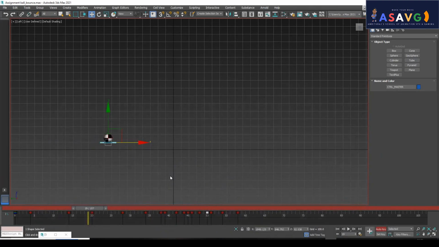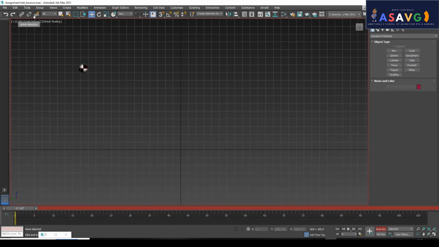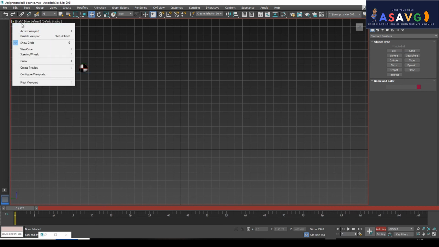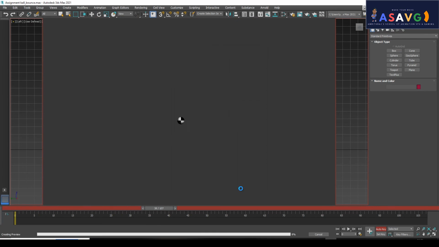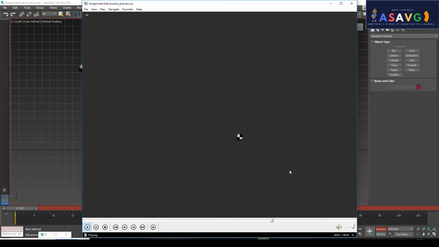Okay, now we will be making the playblast. What will happen to the animation? Okay, select this. Create preview animation. So now we'll be checking. Okay, so the spacing is all fixed, but our timing is not good. That is a problem. The bounce and all is not at all convincing.